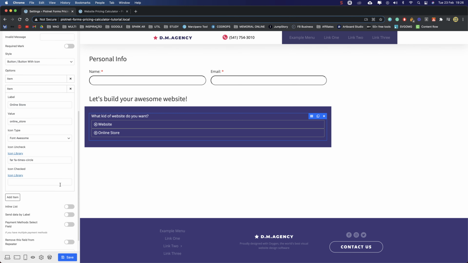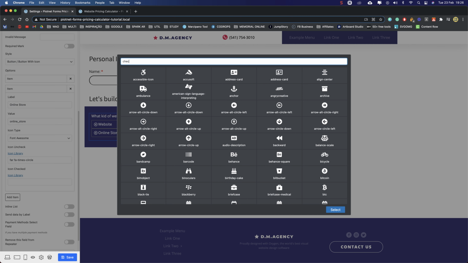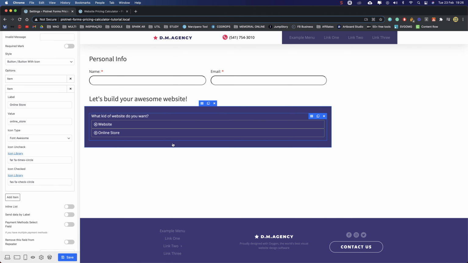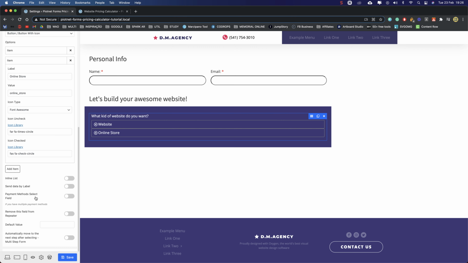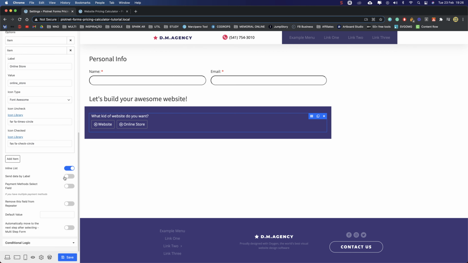And when it's checked, it will be the check circle. Okay, now over here we choose inline, so they go next to each other, and we choose send data by label. Okay,